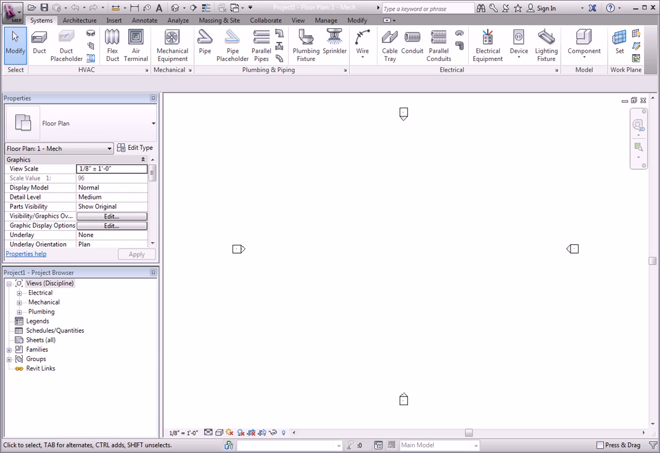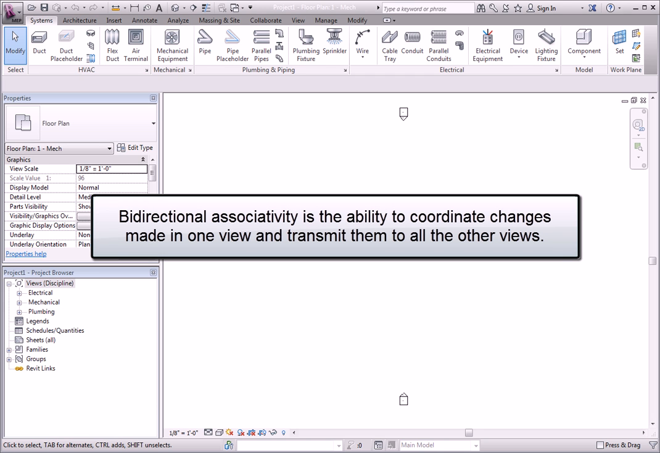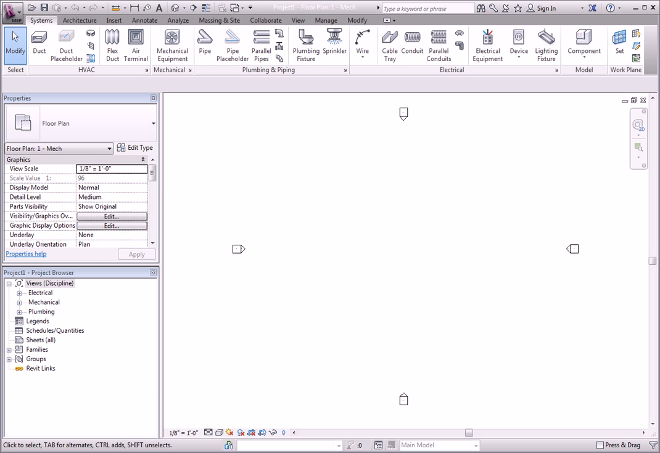One great feature of Revit is bidirectional associativity. This is the ability of Revit to coordinate changes made in one view and transmit those changes to all other views. This is a feature that does not make sense to someone that is set in the ways of traditional two-dimensional CAD programs. To illustrate this Revit capability, I'll start the Duct tool from the HVAC panel of the Systems